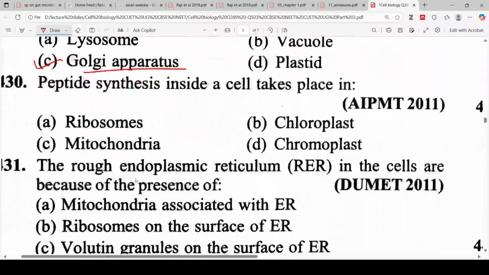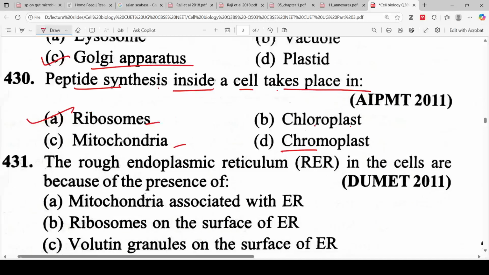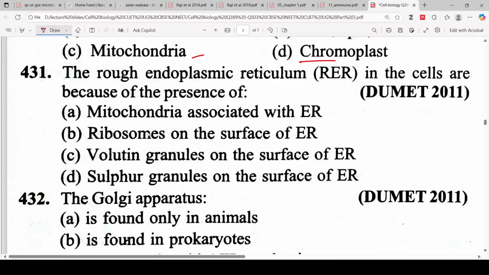Next question, peptide synthesis inside a cell take place: ribosomes, mitochondria, chloroplast, and chromoplast. So peptide synthesis inside a cell take place in, so the ribosome will be the correct answer. So the next question, the rough endoplasmic